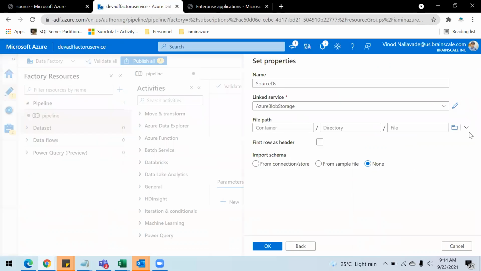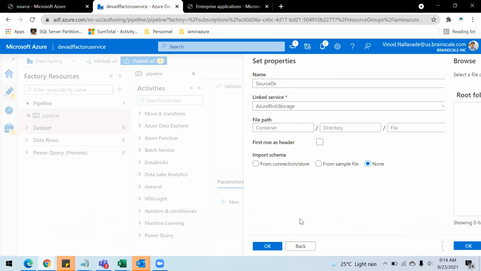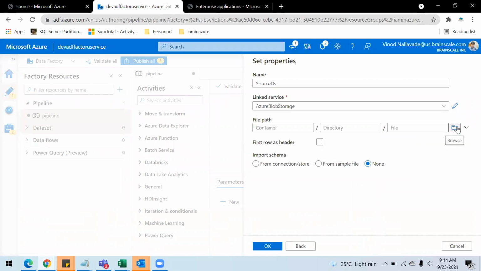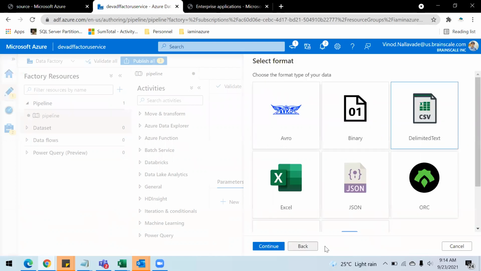Now let's go to this and browse for that. You will be able to see the containers. I believe it just failed because we have to refresh this. Let's just refresh. Okay, let's come back and try again.